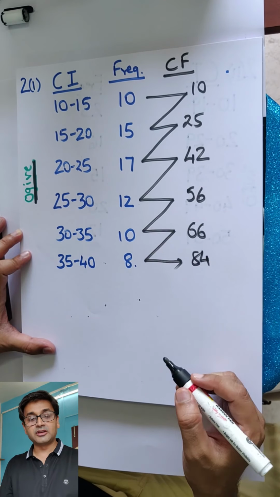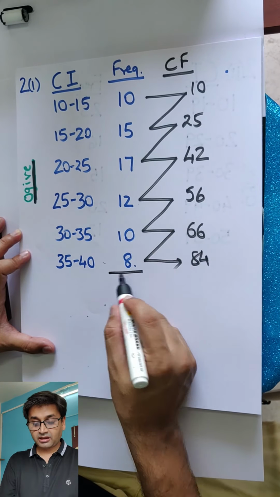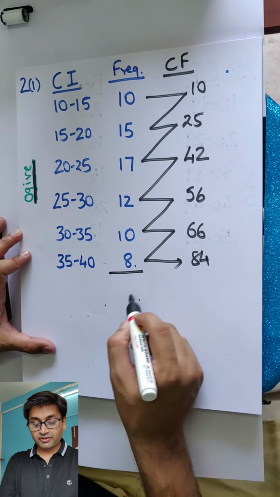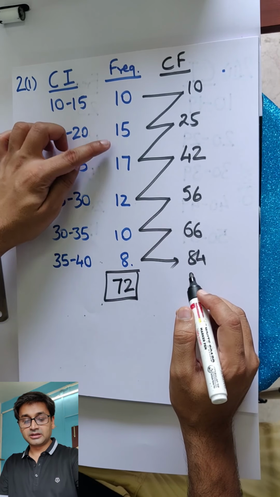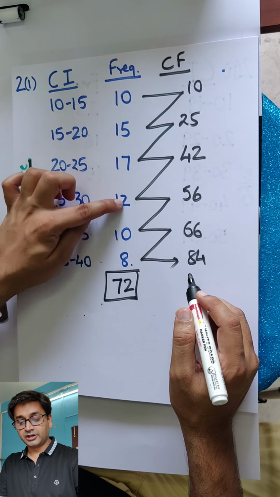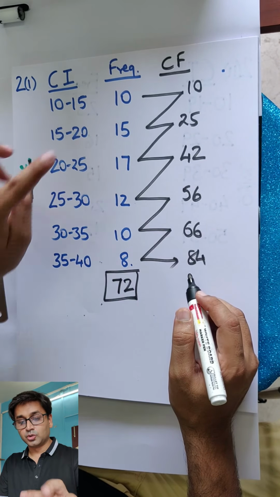How will I know if my values are correct? Just add this. If the answer comes as 84, that means you are alright. So let's check. 5 plus 7, 12, 13, 14, 14 plus 8, 22. Oh, something is wrong. Once again, 12 plus this 22, 2, 3, 4, 5, 6, 7. I got 72. Is it? Did you get the same? 15, 20, 22, 2, 3, 4, 5, 6, 7.